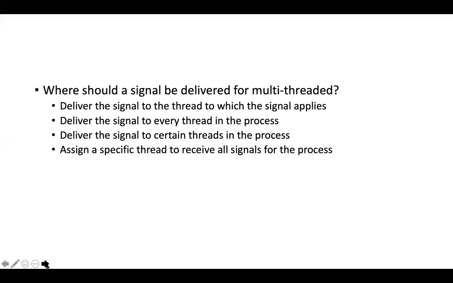So you could have a specific thread receiving all the signals for the process, or the signal is sent to the thread to which the signal applies, or the signal is sent to every thread in the process, or the signal might be sent to a certain thread in the process. So those are the different scenarios in which the signal could be delivered, especially in the multi-threaded arrangement, because for the single-threaded, it will generally be sent to the process, because the thread is the process. Okay,